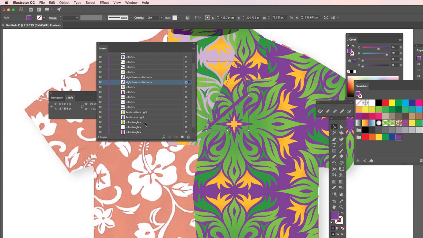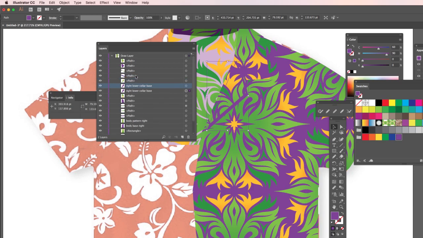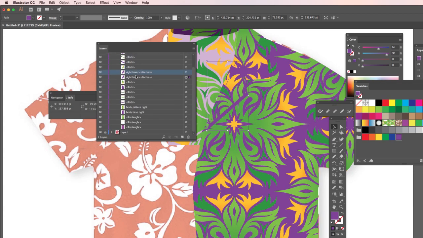And I can do the same thing here with the upper. I'll copy that, Command C, Command F, select the lower one, and just pull that out just a little bit, just like that. So I'm going to take both of those elements